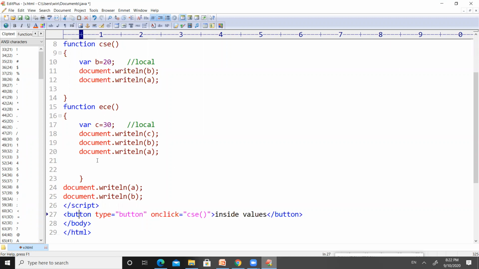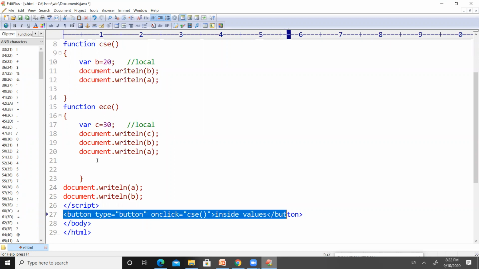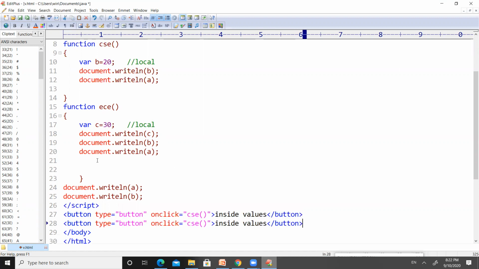I want to create one more button. Let us copy the code, paste it, and just change the text. Here I want to write ECE values, and it is the button of ECE values, right?